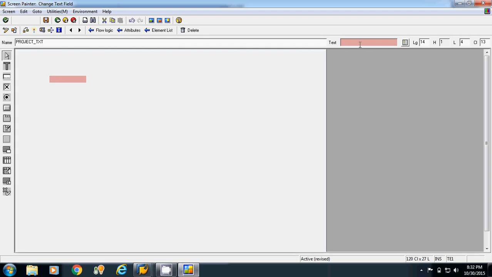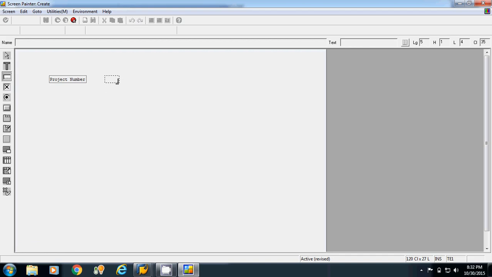Now I have to display the text. Which text is displaying for this label? Suppose my label is project number. Now in front of this I will display one input field. So this is one input field. I will select this and drag and drop this.